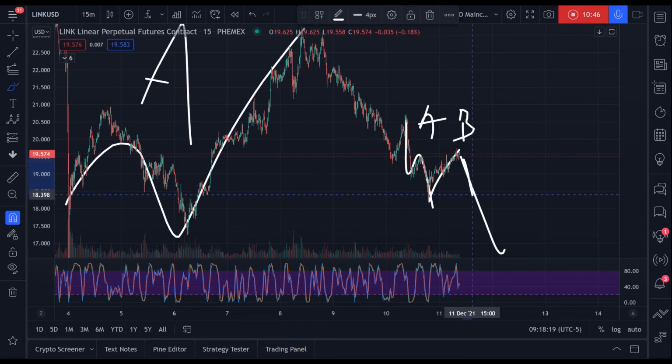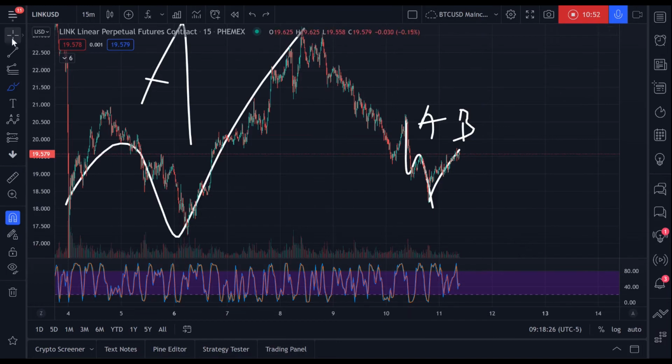Your C is going to be your impulse. I trade impulses. This is why I'm in on this, okay? This is why I just entered the trade. Now, what is this impulse's